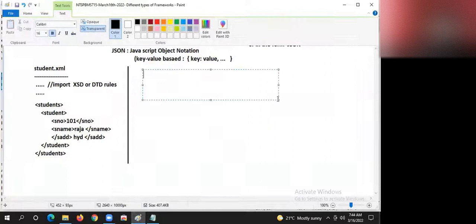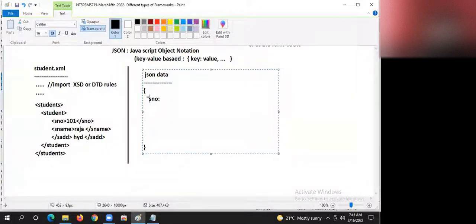Okay, guys. JSON format. JSON data. Tell me, guys, how to deal with JSON data. JSON document. Open curly bracket, closing curly bracket, guys. There, tell me.